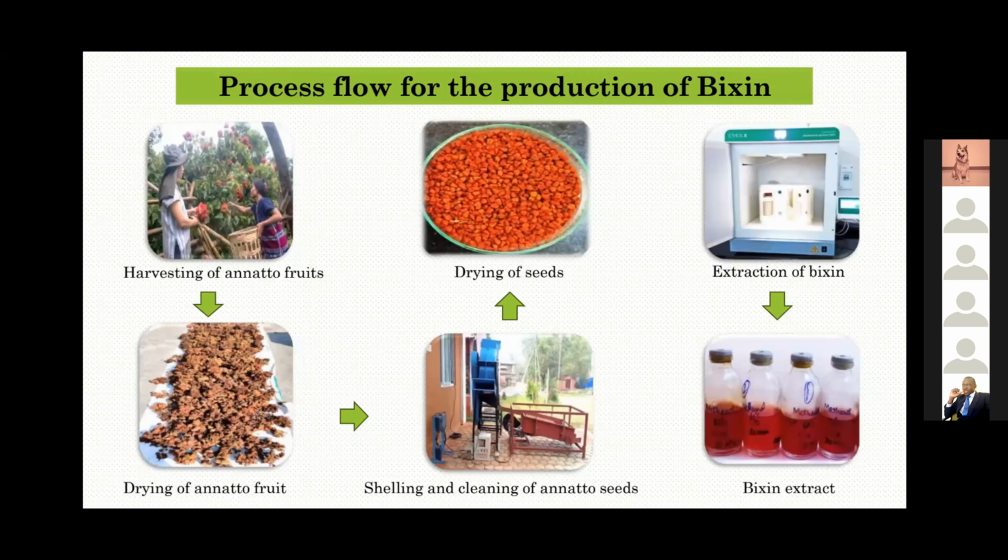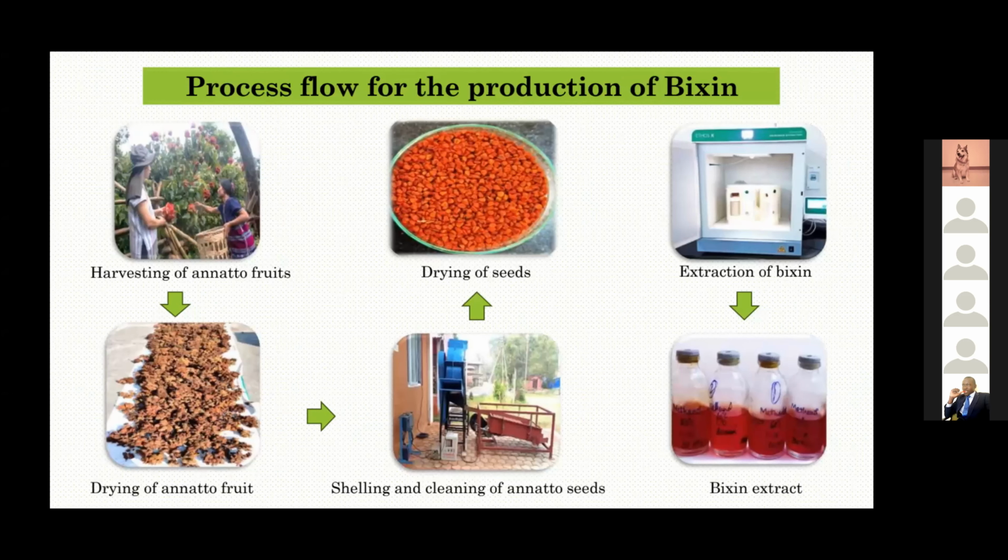So this is the general flow for the production of bixin. The raw material is the fruit. Inside the fruit there will be numerous seeds. The seed pericarp contains all the pigment compounds, and the fruit has to be dried for 1 to 2 days or 1 week under sun drying. Then after that, it should be shelled and cleaned to get